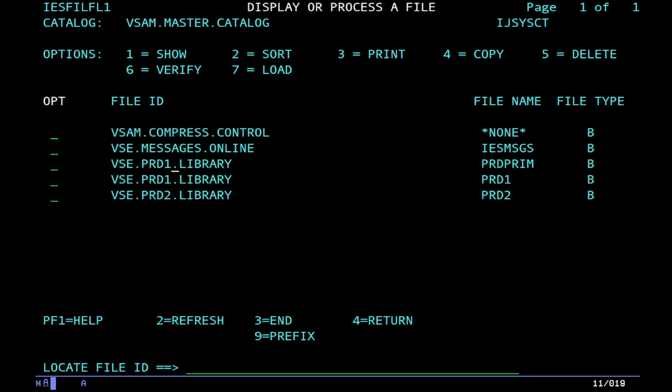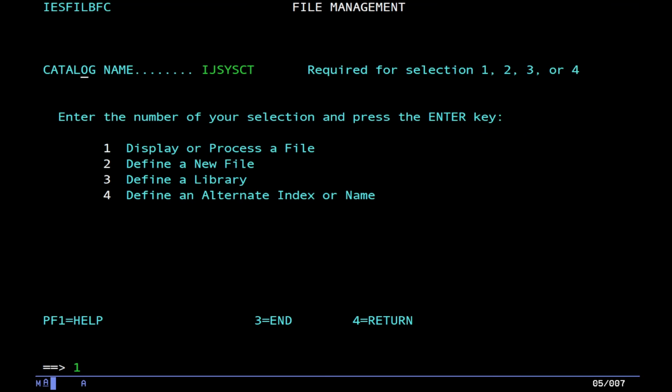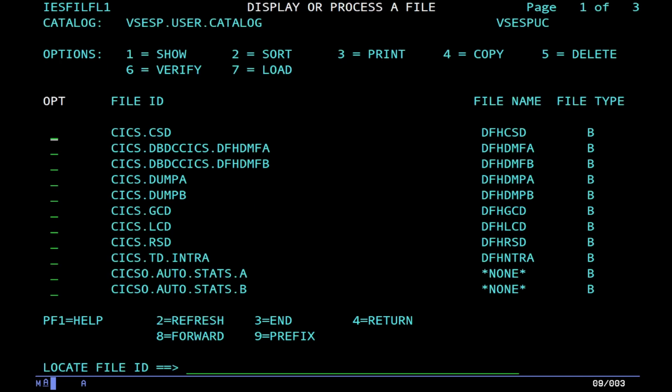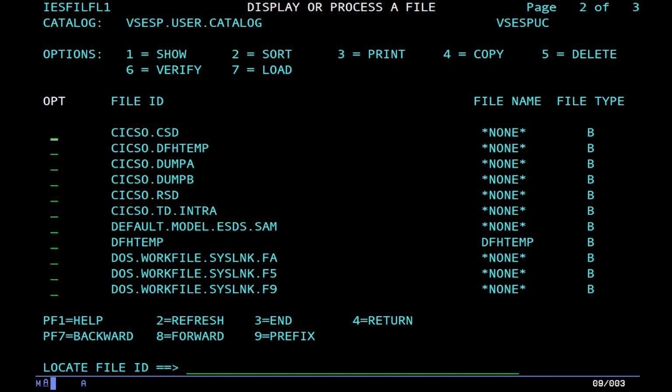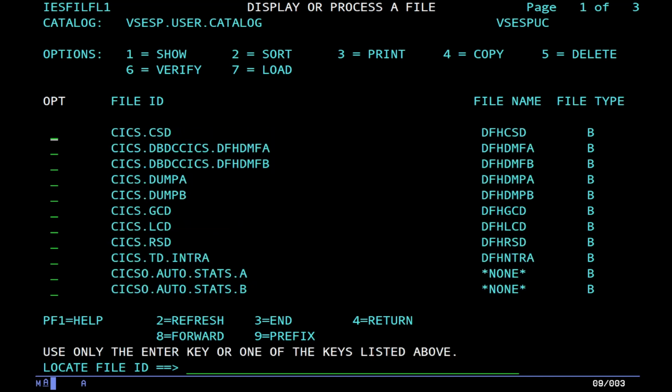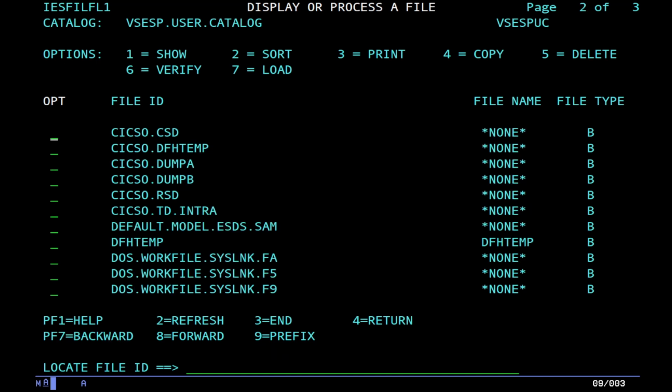So we're looking at all the data sets that are on IJSYSCT. If we put in VSE SPUC, which is the other, it's the user catalog, and we look at that, you can see there's other files on here as well. And those tend to be on a different drive. This is a 2-pack system. There's 2 disks on this particular machine. And you can see here's a few other things, like there's some KIX stuff there,